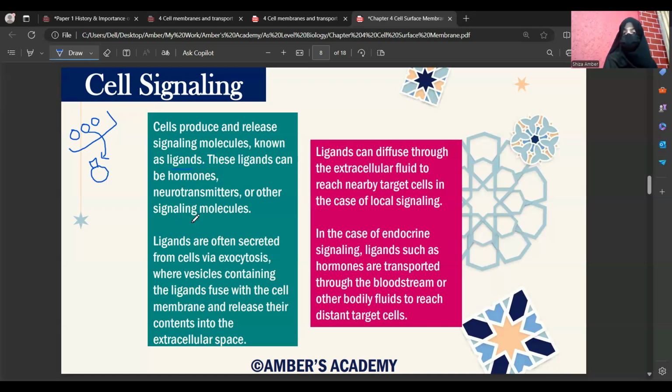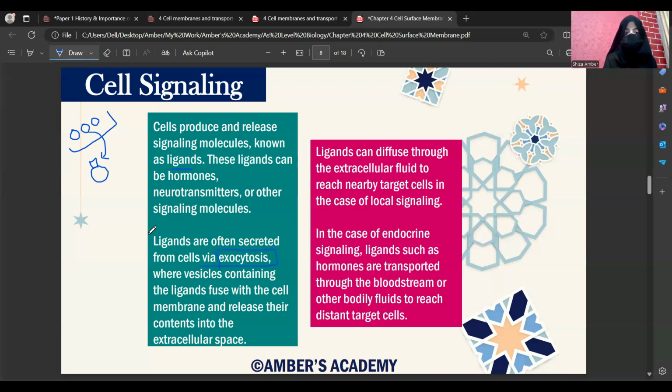It could be hormones, neurotransmitters, or enzymes. And ligands are often secreted from cells via exocytosis. So exocytosis abhi main aapko batati hu, because it will come in the later slides. They're often secreted from cells via exocytosis, where vesicles containing the ligands fuse with the cell's membrane and release their